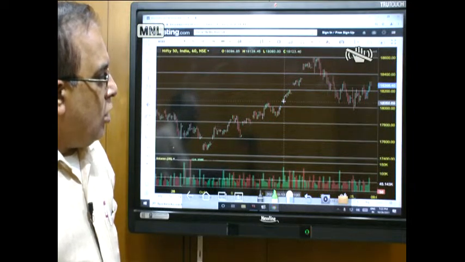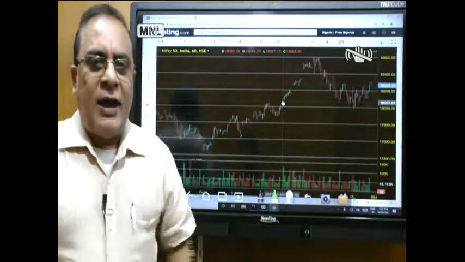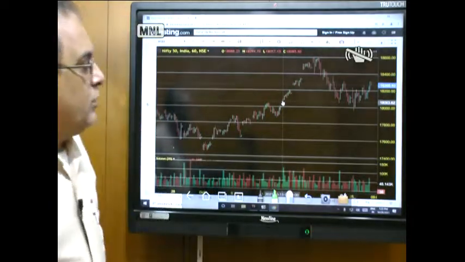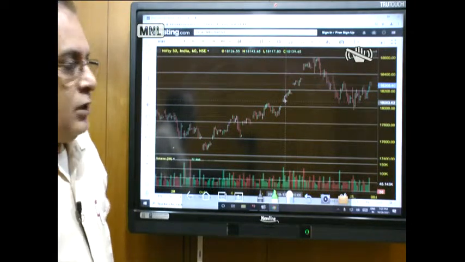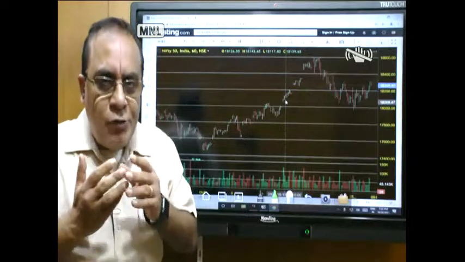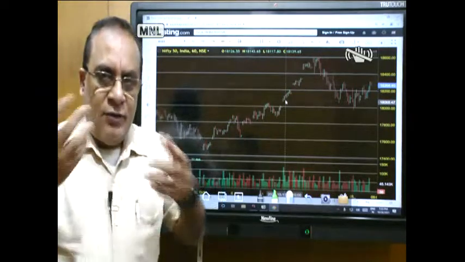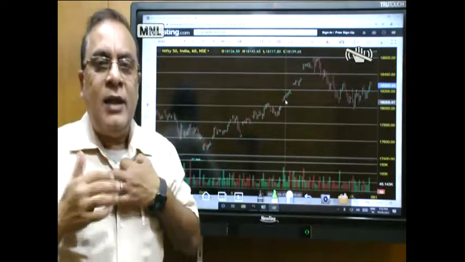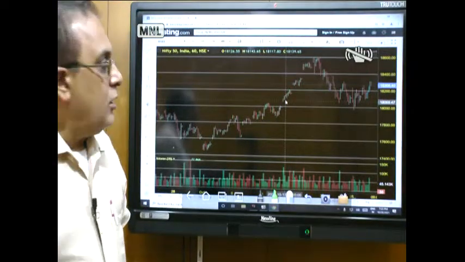So here, if you go long, keep this low as a stop loss, because there is a follow up. If there is a follow up of the activity, then we can look towards going on the long side, and this is what happened on this day. So if after the gap up the first hour sees no further fall, and the momentum continues on the upside by breaking the first hour high, you can go long, keeping that day low as a stop loss. So this is one pattern that we can think about.